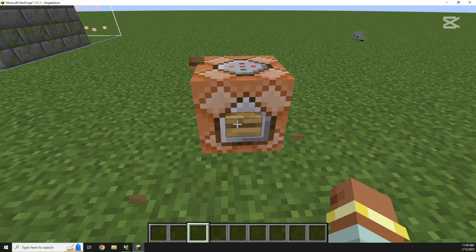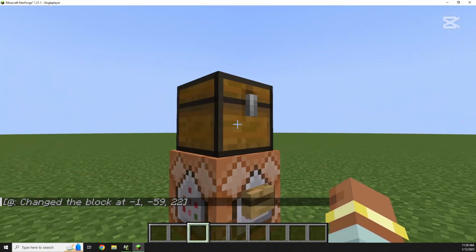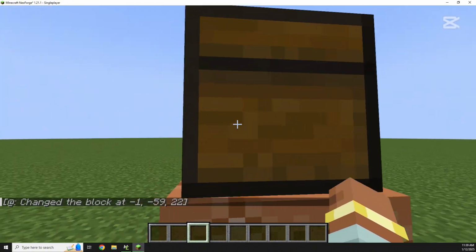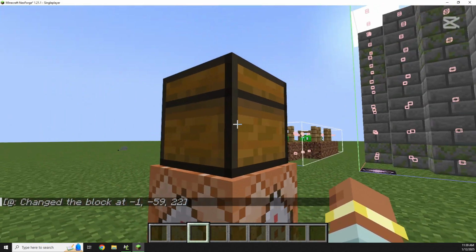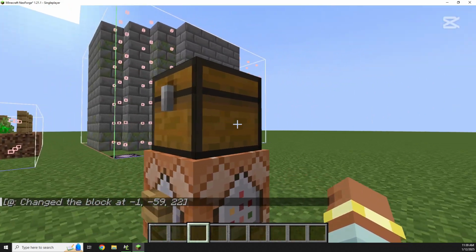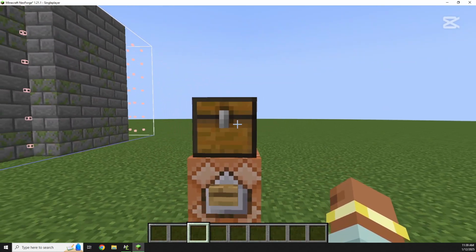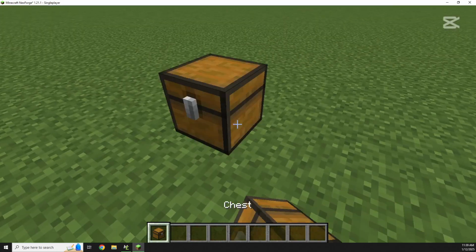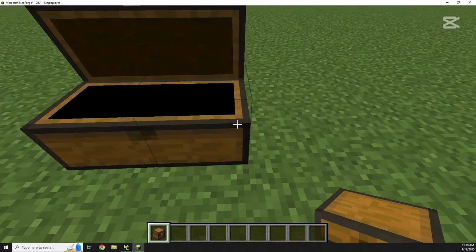I can break the chest, press it again. Now, as soon as we open this chest, it's going to generate our loot table, and this chest is going to be permanently locked as whatever loot that is. So we do not want to open this chest. We need to pick block this chest, and then when we place it down, you'll notice it's still not having